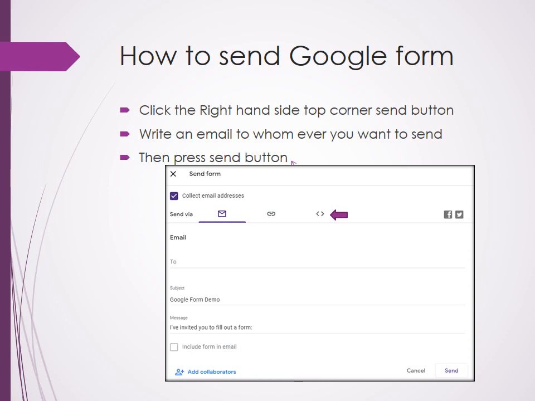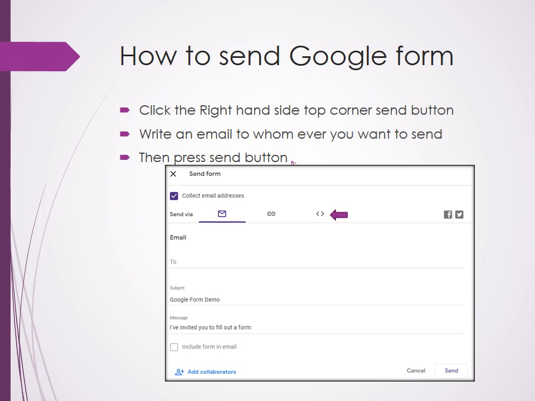And the last one is, suppose you have a website and you want to include this form with your website as a web page, that is also possible. If you click it here, you will get the HTML code, and that code can be added to any HTML pages. The only restriction is that if you want to embed this form with your website, no question should involve uploading files. Uploading files cannot be handled with the embedded form. Otherwise, there is no restriction at all.